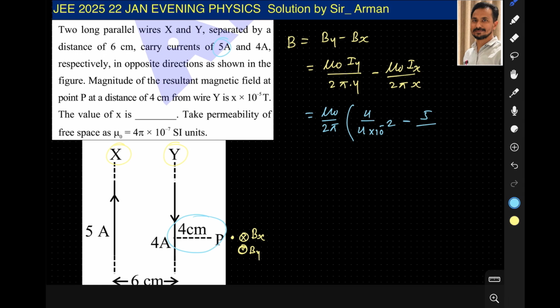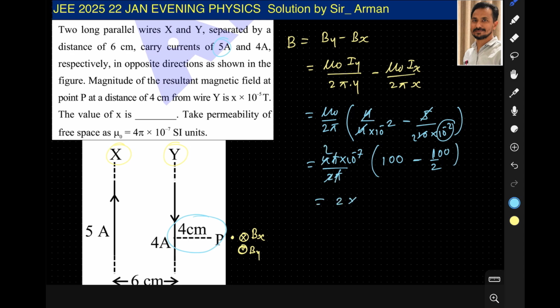I में जो करंट है वो 5 एम्पियर दिया है और उसका जो डिस्टेंस है आप देख सकते हैं यहाँ से ये डिस्टेंस, ये इतना तो 6 है और प्लस 4 यानी 10 सेंटीमीटर, तो ये हो जाएगा 10 × 10⁻², राइट। अभी पता है μ₀ होता है 4π × 10⁻⁷ डिवाइड बाई 2π, 4 and 4 कैंसिल, इधर हो जाएगा 100 माइनस यहाँ हो जाएगा 5, 2 जा, सो ये हो जाएगा 1/2 और ये ऊपर जाएगा तो ये हो जाएगा 100 यहाँ। So we can write here π and π cancel, here 2 2 जा, सो 2 × 10⁻⁷, here 100 minus 50 is 50, so here 50 जा 100 × 10⁻⁷,